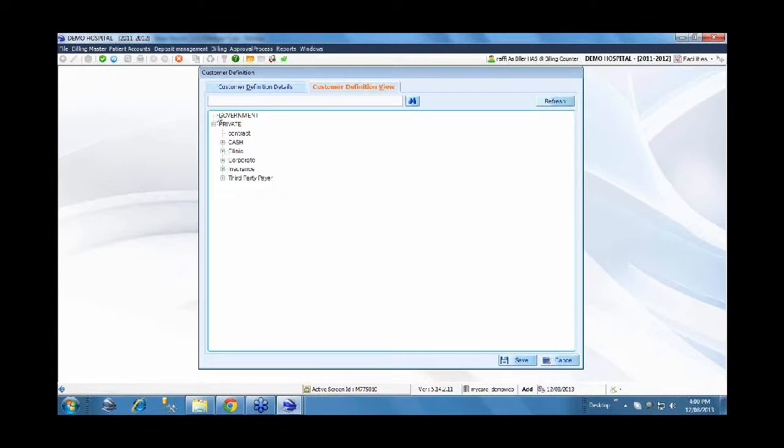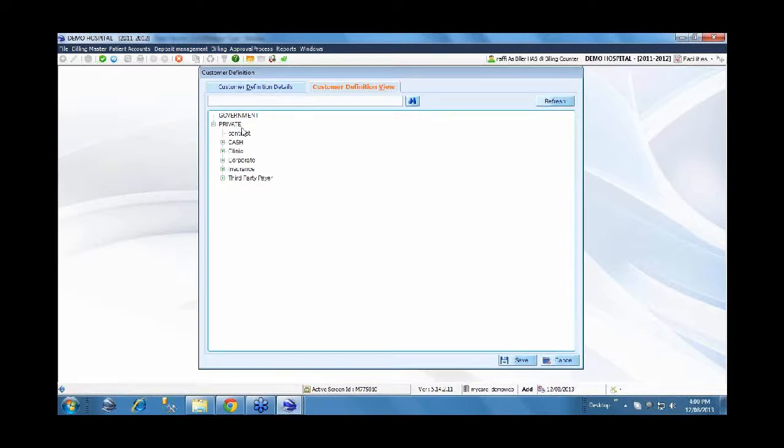The first level being the market segment. This again we can custom define. There is no hard and fast rule as to how each level needs to be configured in the system. But what we generally recommend is to have the market segment as the first level, to say private or government, however you want to classify the market segment or the payers the hospital is dealing with. So that can be defined in the first.